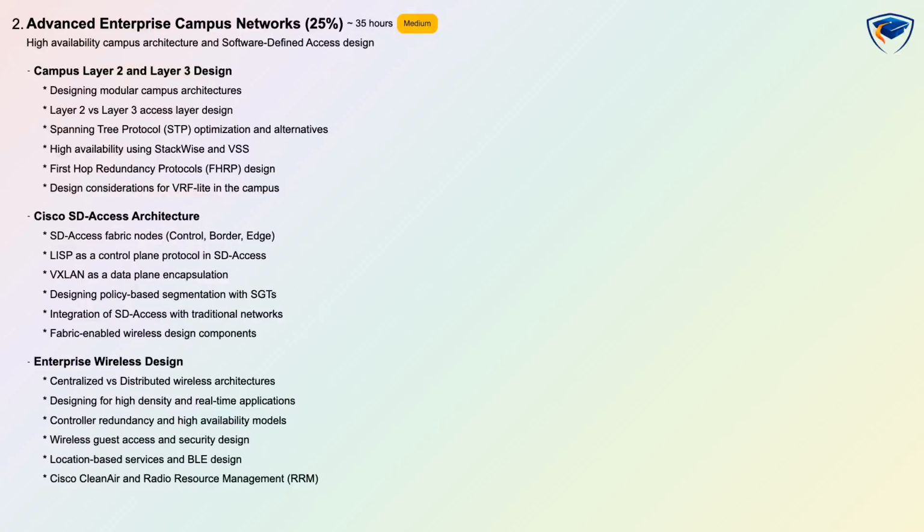Advanced Enterprise Campus Networks is also 25% and focuses on high-availability campus architecture and software-defined access design. This medium difficulty domain expects around 35 hours of study and uses conceptual and scenario-based assessment methods. Topics include Campus Layer 2 and Layer 3 design for modular architectures, STP optimization and first hop redundancy, plus VRF-like